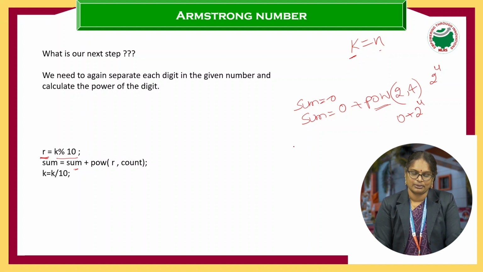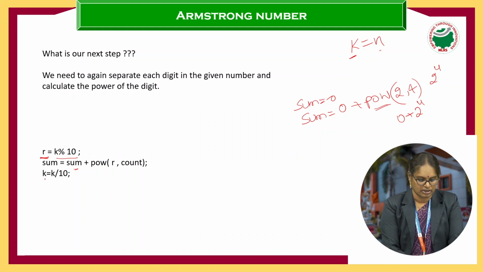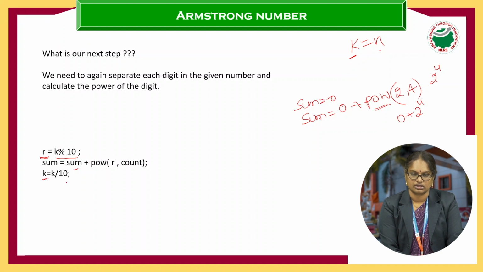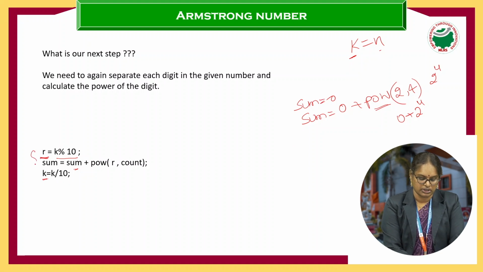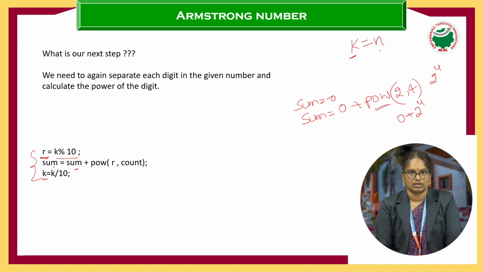Then I have to update my number to be 143. Then only I can remove 3 and I can do the power. So I am updating the k value to be k by 10. It becomes 143. Now I have to repeat these 3 steps. Okay. Till where I have to repeat these three steps? Again till k is greater than 0. So every time, after this step, sum is equal to 2 power 4, because previous was 2 power 4,